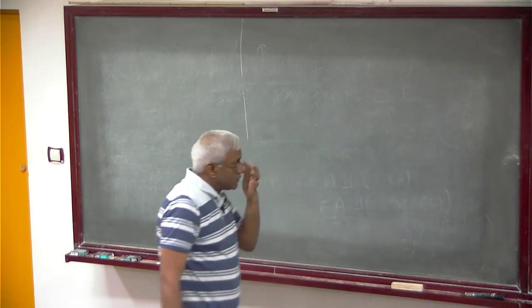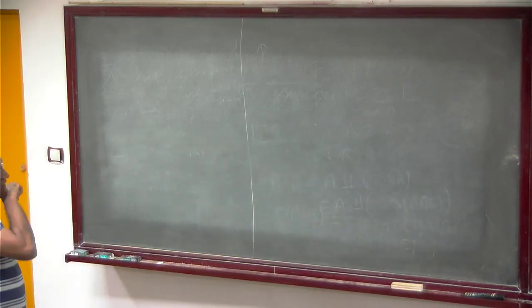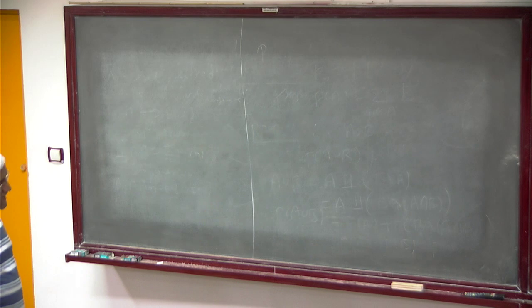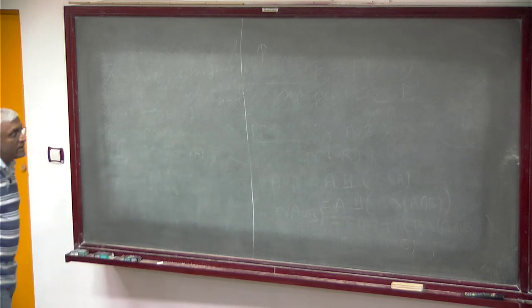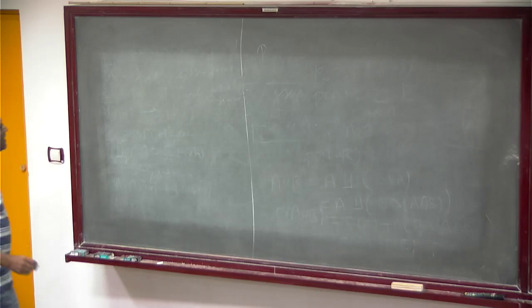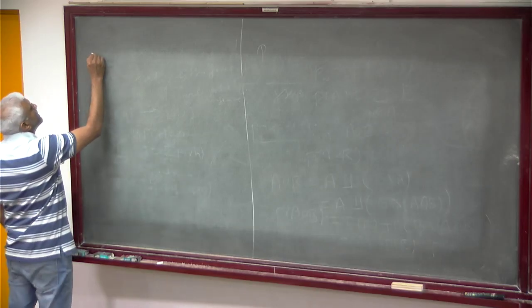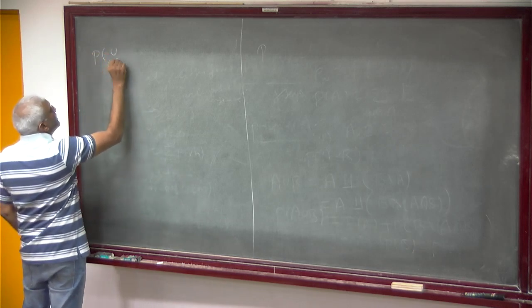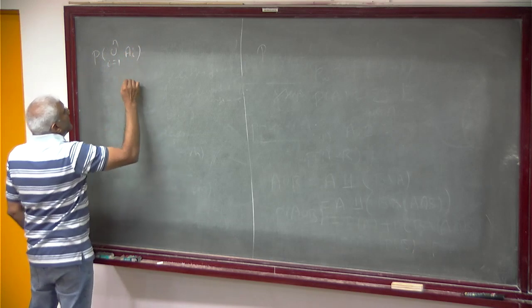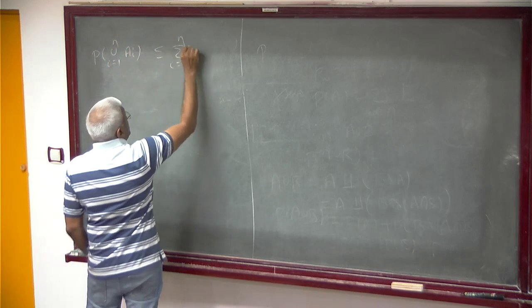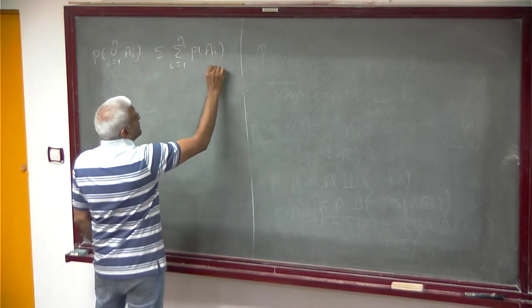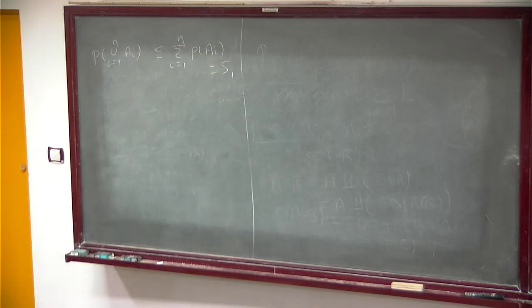Okay. So this is where we have used this. And we can write some inequalities. Sometimes it may not be possible to compute this when n is large, this A1 union A2 up to this. But we have this subadditivity. So this is clear that the probability of union i equal to 1 to n of Ai is less than or equal to the summation i equal to 1 to n of P of Ai, which is what we called S1.